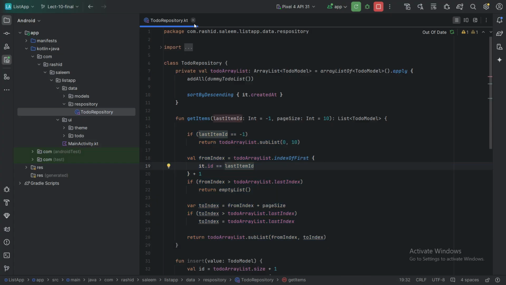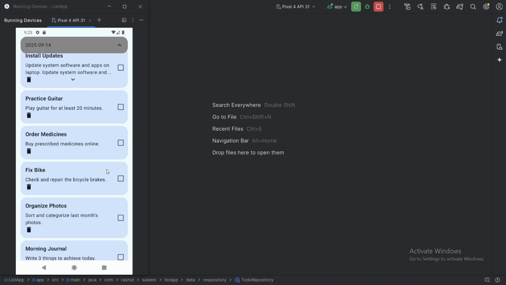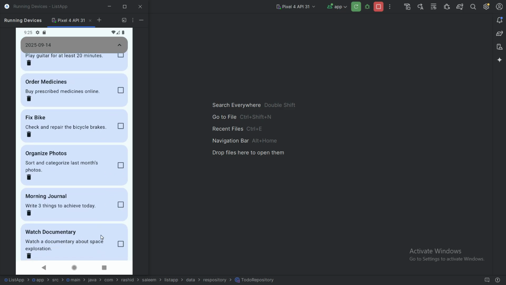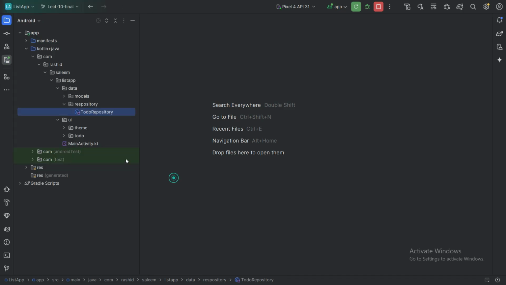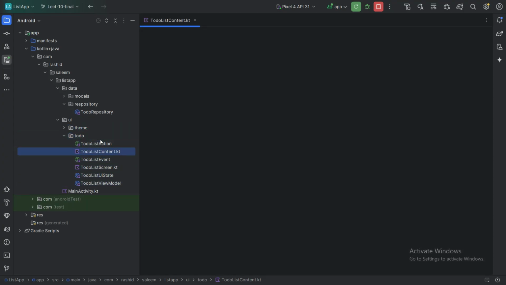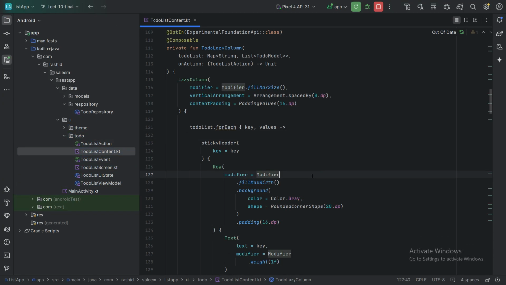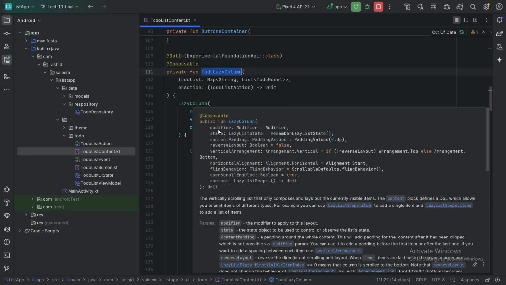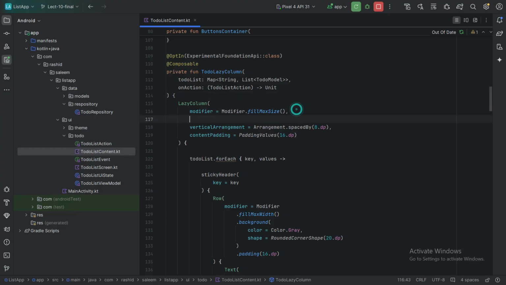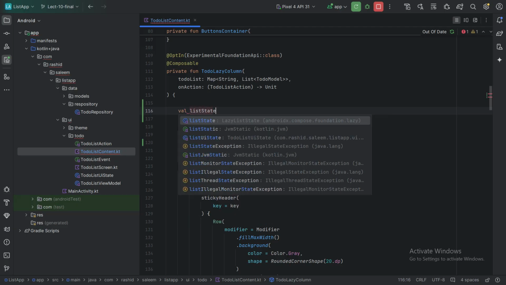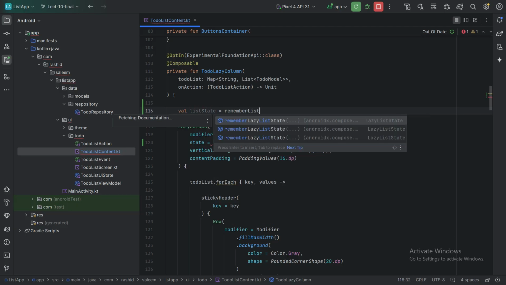Now let's proceed to the UI side, to see how we will identify that we have reached the end of the list and need to fetch the data. For that we go to our to-do list content, and in it we have the to-do LazyColumn. In it we have a property state, so we will set that state property. For that, here we create a variable, remember list state,